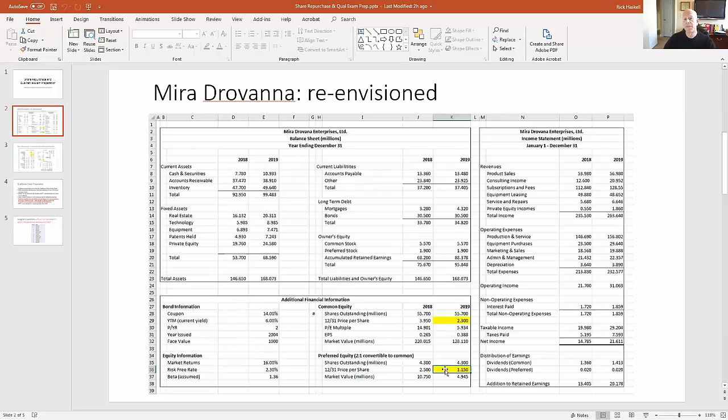So for the purpose of this example, I've gone ahead and changed those prices here. And you realize, of course, that when I change the price of these, it ultimately is going to ripple out and change the weighting of the WACC components, because we now will have a lower market cap of the common shares and market cap of the preferred shares, but we haven't changed the debt amount. So that's going to change the weights within our WACC equation.